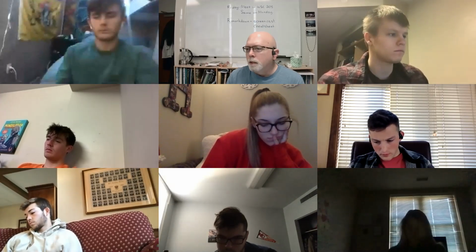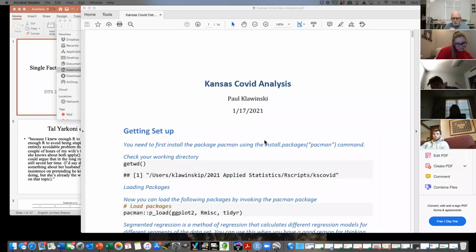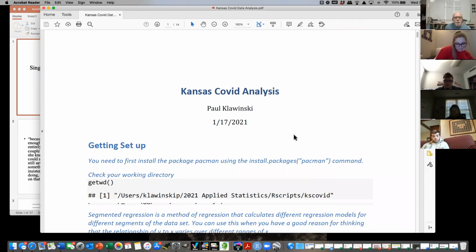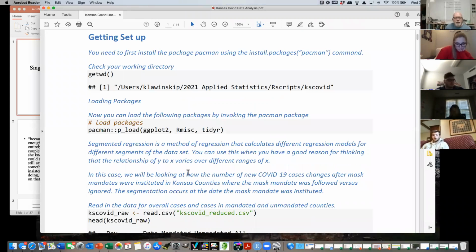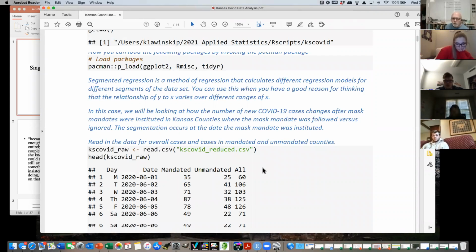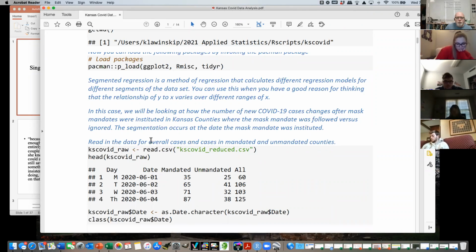So I think I put this on Moodle, but just so we're clear, in the Kansas COVID analysis, can you guys see my PDF on your screen? Okay, so this is just a PDF file. And what I've done here at the beginning is it actually has everything that I did in the COVID masking case study that we did at the beginning of the semester dealing with masks. And it shows you,